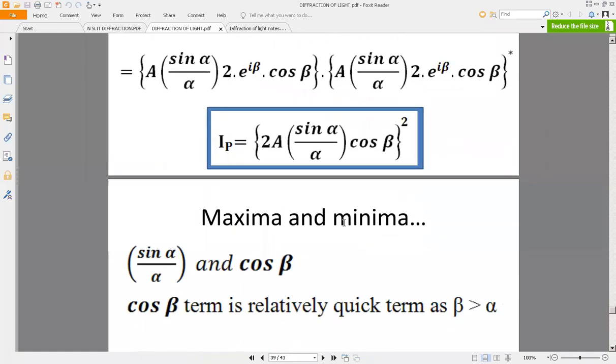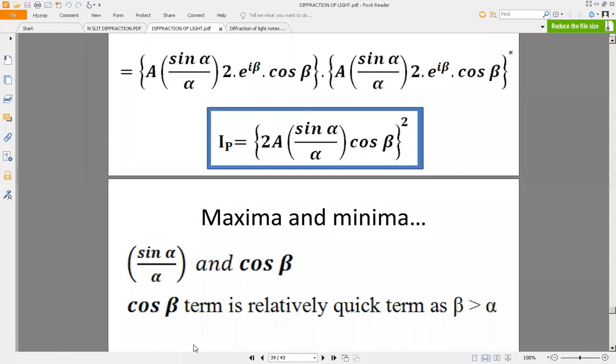After I proceed to the N-slit case, I can prove that it is valid for any number of slits. I'll give a generalized expression after I deal with the N-slit diffraction with the same method, and I can prove back that single slit or double slit are actually subcategories of N slits. That's what I'm going to prove in the next class.